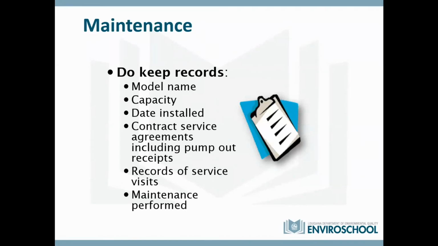The model of the system that you're using to treat your sewage, its capacity, the date that it was installed. And when you get a contract service agreement, keep that contract, including any pump out receipts. Whenever somebody comes to pump out your system, get a receipt and hold on to that. And then make a record of all those pump outs or any other kind of service visit. Or if you did any maintenance yourself, like adding chlorine tablets or fixing a blower or cleaning that filter out,